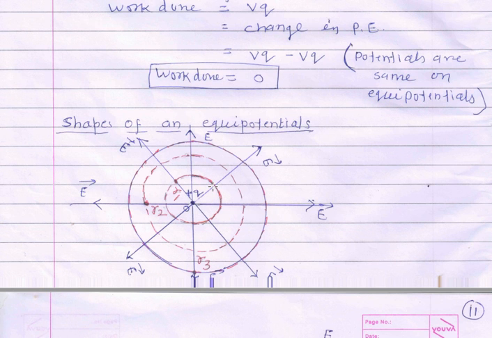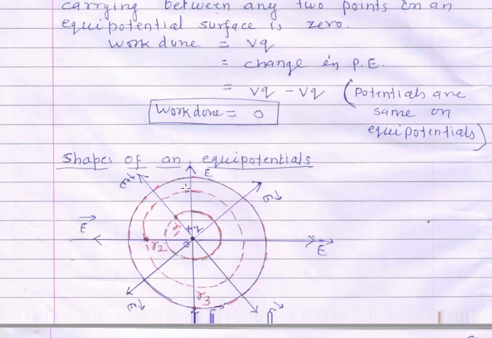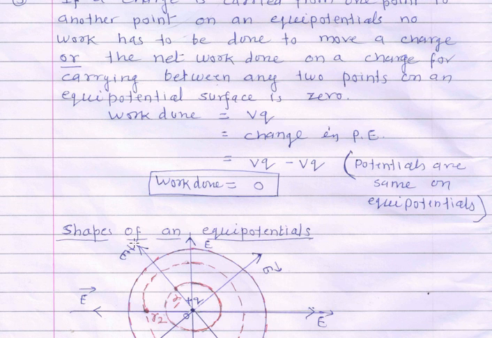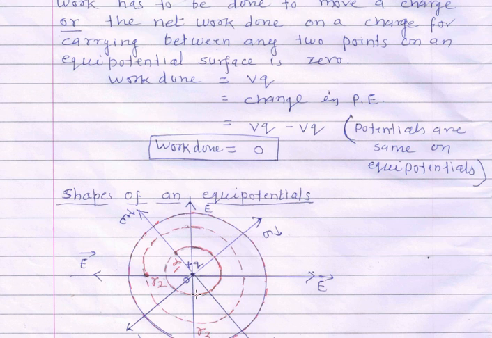Here, because work done is VQ, the potential is V on the first circle. At another point the potential is again V. So the work done is equal to VQ here also. No net work is done. So these two points are at equipotential, work done equals 0. For all these circles having greater radii, the work done for each and every circle is equal to 0. So if we are moving the charge from one point to another on the equipotential surface, the work done is equal to 0, right?